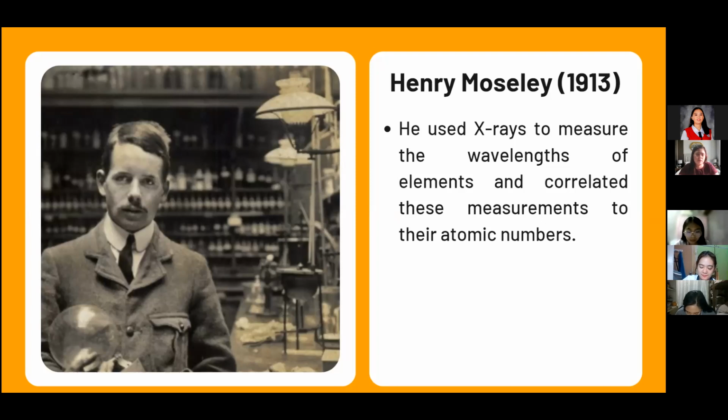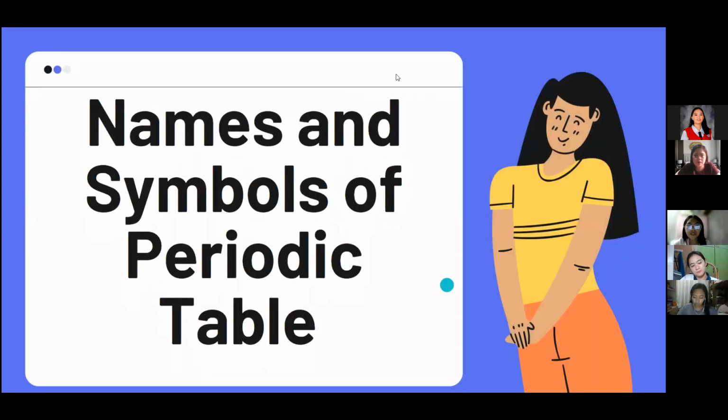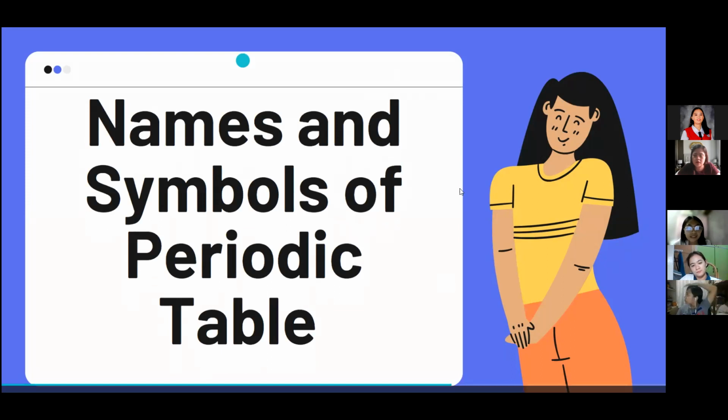So nag-develop siya ng X-ray gun, tapos gamit niya as a sample ng elements, and then i-measure niya yung wavelengths ng X-rays na given. He used this to calculate the frequency and found that when the square root of this frequency was plotted against the atomic number, the graph showed a perfect straight line. So this is yung way niya para i-solve yung atomic numbers ng elements. So yun lang. So proceed na for the next topic.